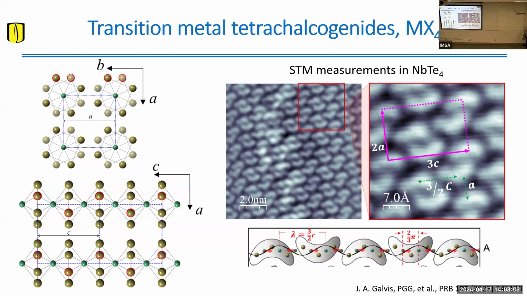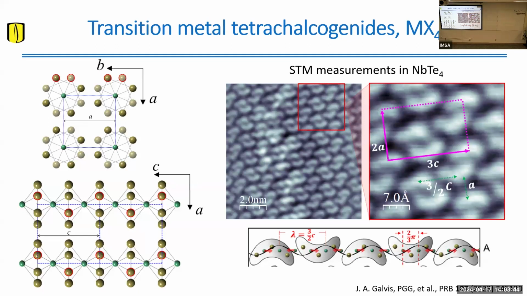So we created a toy model, I cannot explain difficult things. I can only go to simple things like balls and sticks. So I have these balls, which are my atoms, and actually you can recreate this kind of superstructure by putting together two niobium or tantalum atoms. So you have a tantalum atom in the center and two tantalum atoms that come closer to this one, which actually deforms the positions of the telluriums that are on top and creates a large charge density right at that region and minimum charge density for these two niobium atoms that come apart.